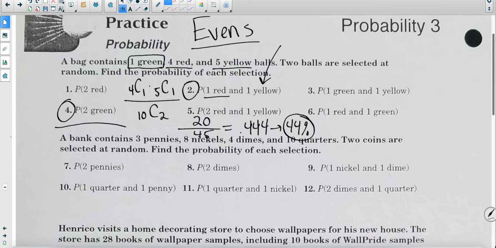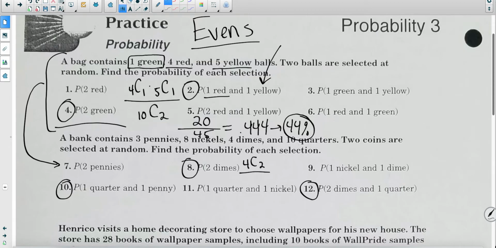All right. Now, if I compare this section to this section down here, it's pretty much the same thing. So you'd be doing 8, 10, and 12 the same way. Okay, 8's probably the easy one out of the group here because you're only looking at one group. So we have 2 dimes, so we're going to have 4 choose 2 for the dimes,